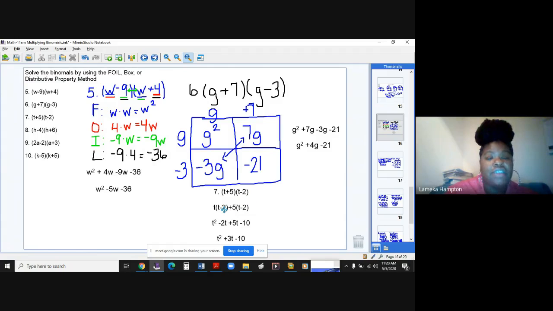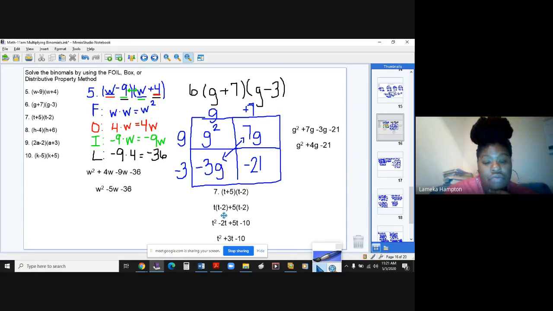Now this is the distributive property method. So this is what I've done. Okay, so this is what I did. I separated the t and the plus 5, and I put them in front. So I have t here, and then my plus 5 is here. And what I've done is I've separated the binomial into monomials, and I have multiplied each of those by